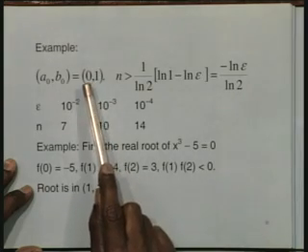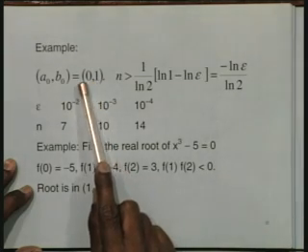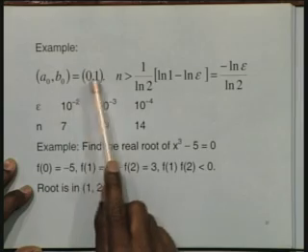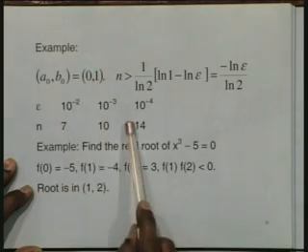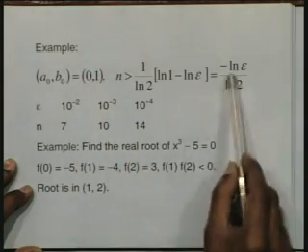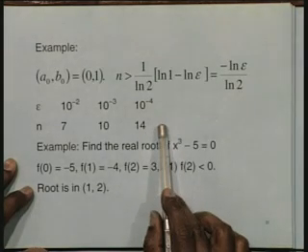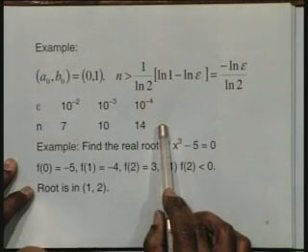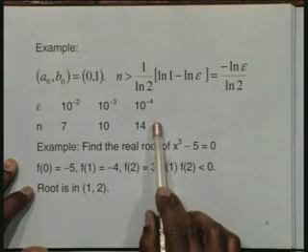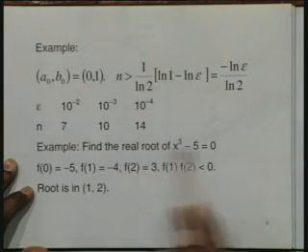Now, if this interval was not 0 1, if this interval is say 0 to 20 or 0 to 15, these number of iterations are going to increase further, because this number is going to be much larger. Because of that reason, even though it does not fail any time, still it is a very slow iterative method. Now let us just illustrate on a simple example.